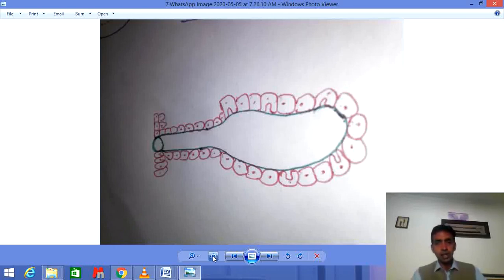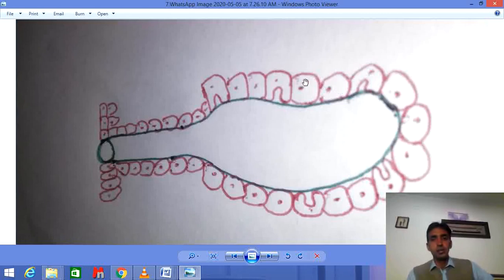So in this diagram, you can see that the G cell is responsible for production of gastrin. And what does gastrin do? Gastrin is not secreted into this lumen. The HCl and the pepsinogen are secreted to this lumen, but the G cell does not secrete the gastrin to this lumen. The G cell secretes the gastrin on this side, directly to the blood capillaries, and by absorption it goes in the blood and activates